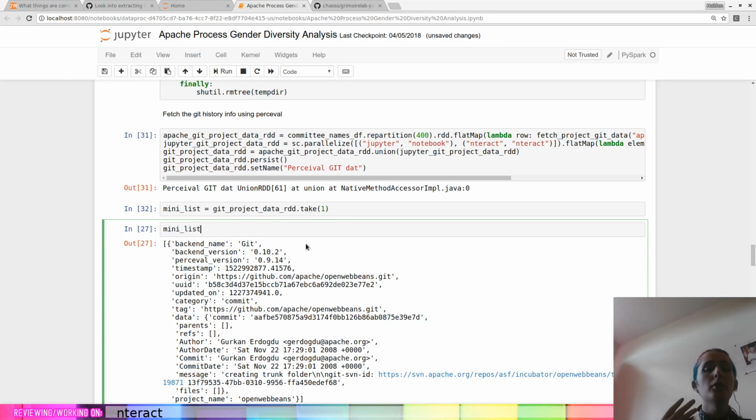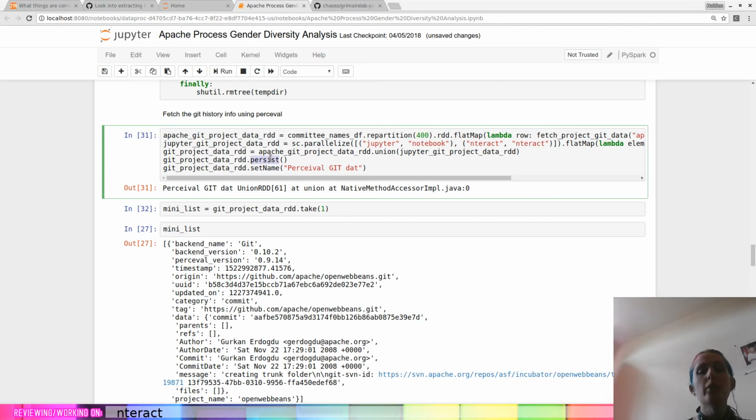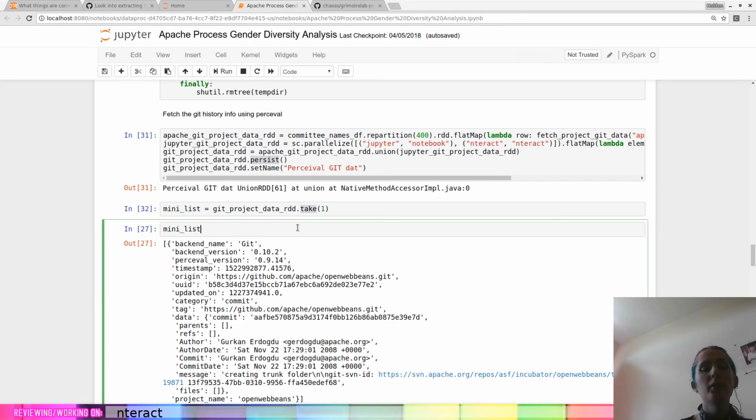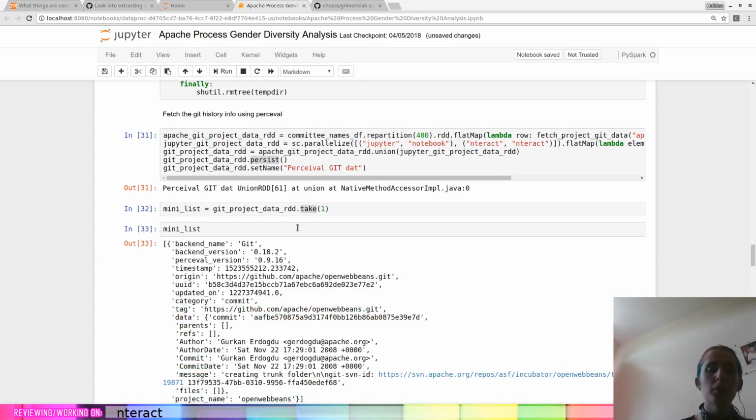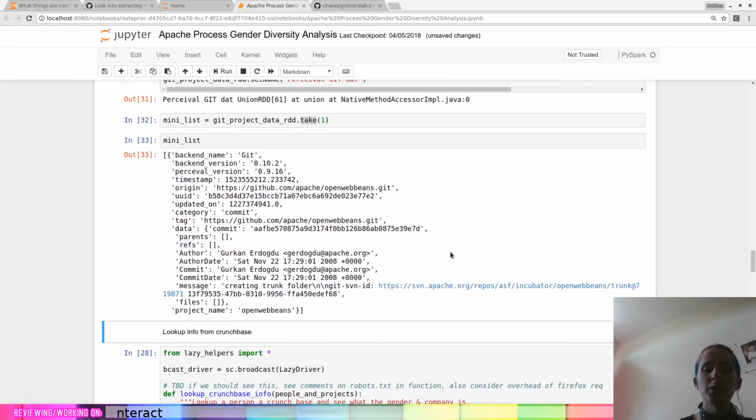So it's not going to do anything until we actually force it to evaluate. Even though we use persist here to keep the data around, because we're going to want to be referring to it multiple times, only once an action occurs, in this case take one, does anything actually happen. So that's cool. We take a look at this and it says, yeah, here's a